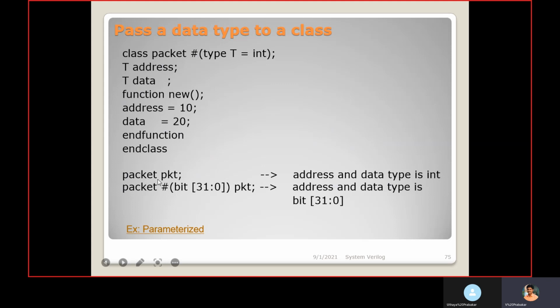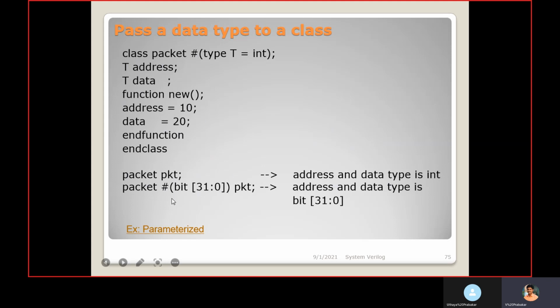Okay. Now in some other module, if I want to make this address and data a 32-bit type, since by default it is int, I can override the parameters like this: packet #(bit [31:0]) pkt.